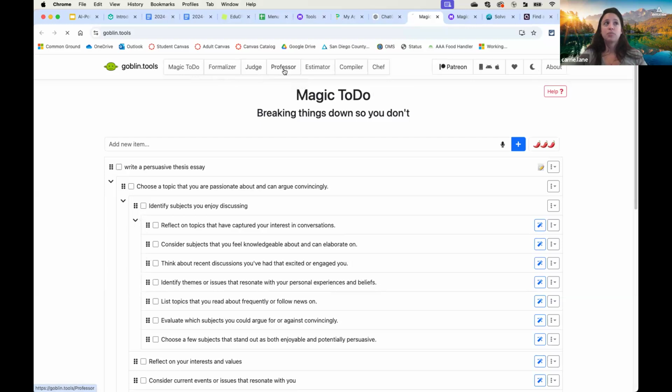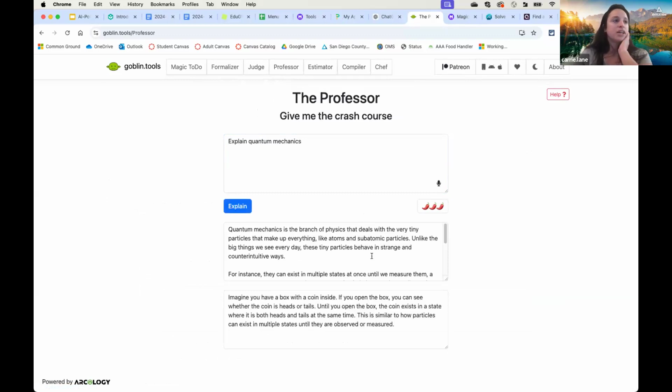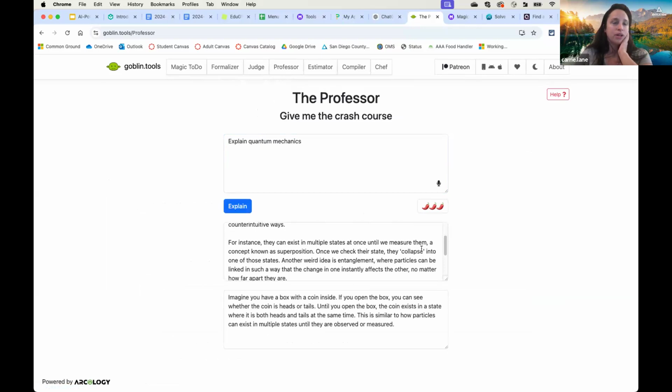It has a professor button that will explain everything or anything in a really quick crash course, which can be useful for students as well. So explain, we'll say, and it will put an explanation and it will put an example for you.